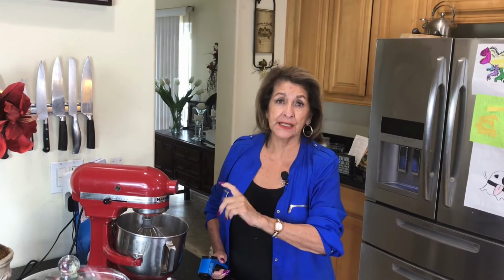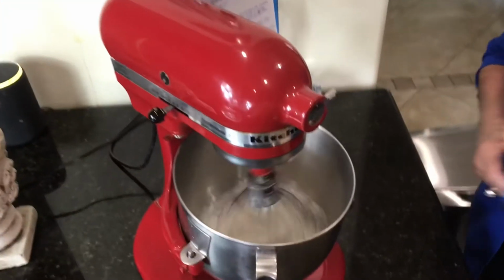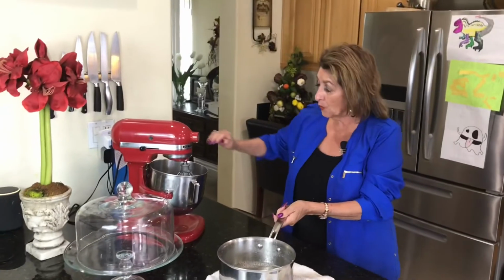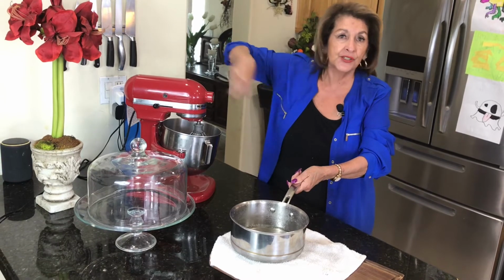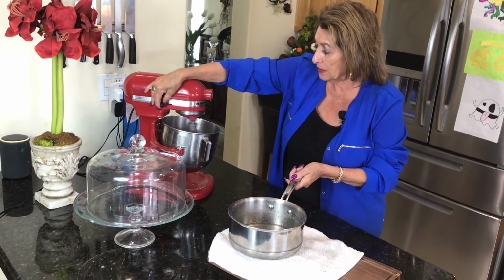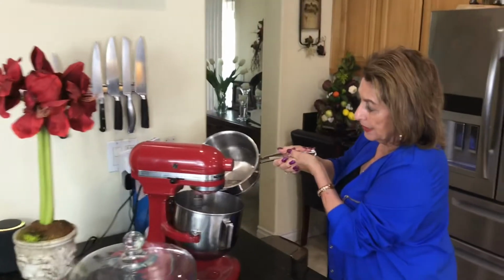Now at 230 degrees, I'm over here and I'm just getting started right now with the eggs and getting them frothy. We're going to let those just move for a little bit here. They're going to get all white and fluffy inside. Very, very slowly, and I'm going to just drizzle along the side of the pan of my mixer, because I just don't want this hot sugar just spooning out all over. So we're going to be at a medium heat, medium temperature, and very slowly